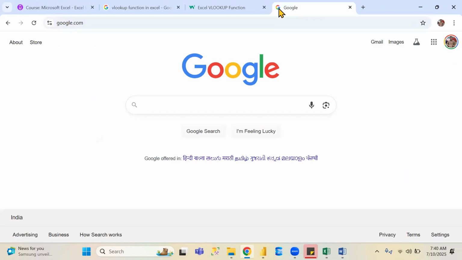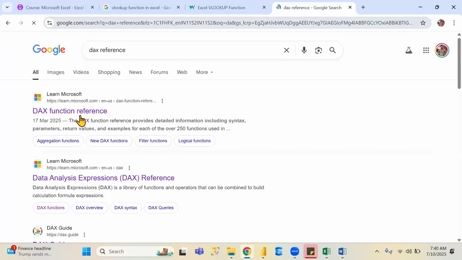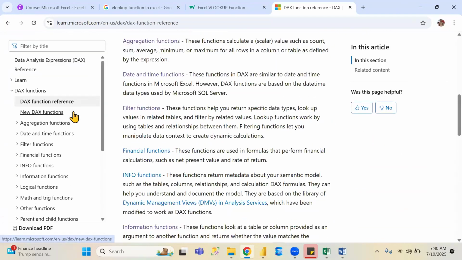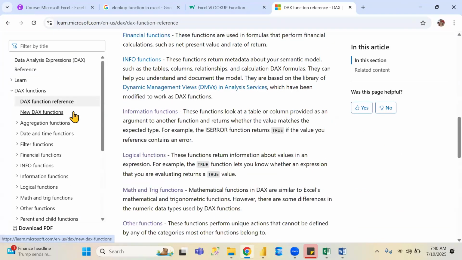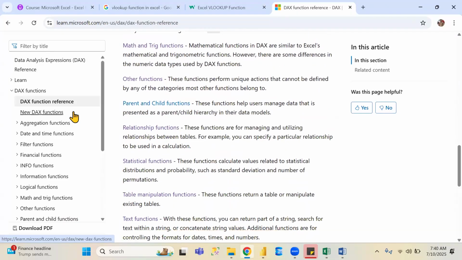Other functions. So relationship functions is completed, right? Okay. Relationship functions is completed. And next,